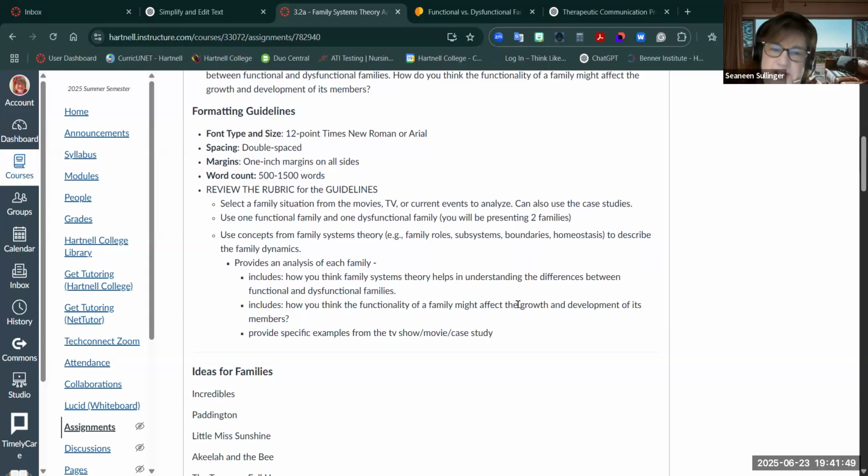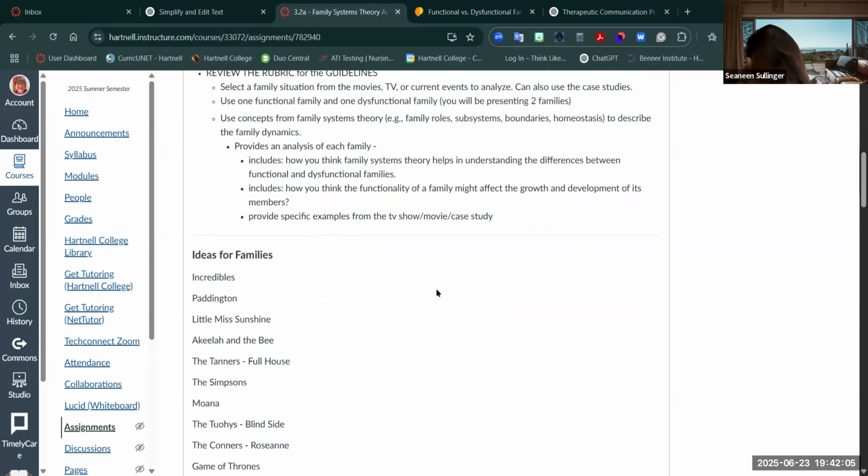But you could potentially say what you think, for example, Bart and Lisa, what might they look like if they were 30 years old based on the family relationship that we see right now. And so that's why I'm saying if you can come up with specific examples, that would be helpful.